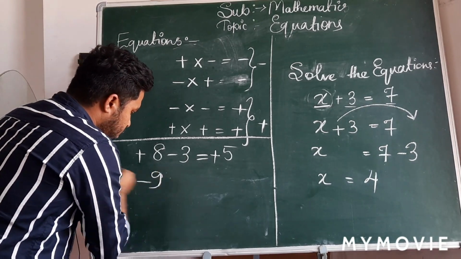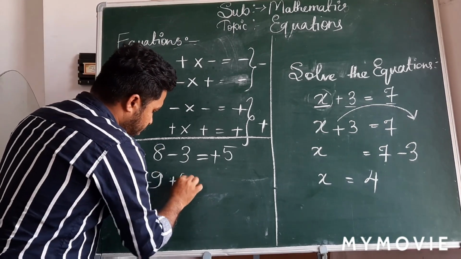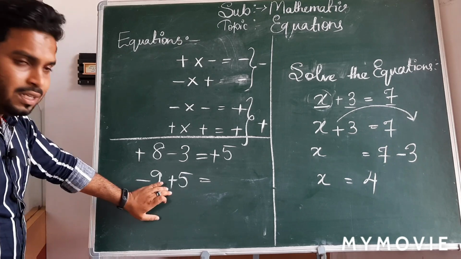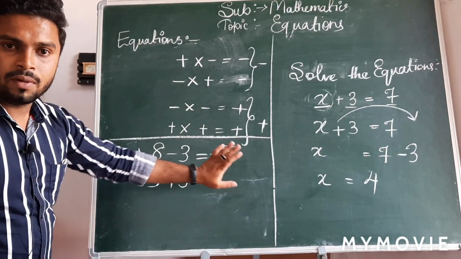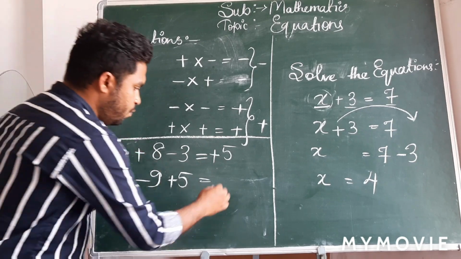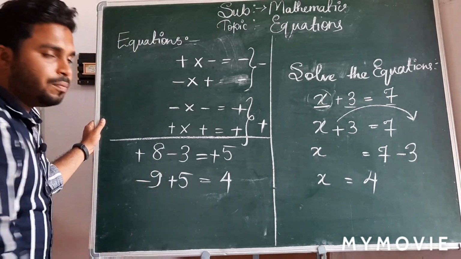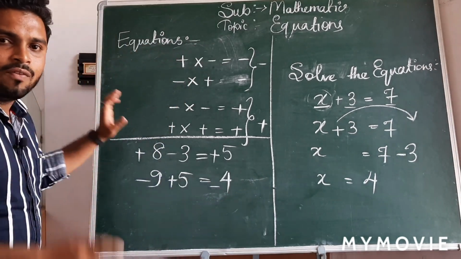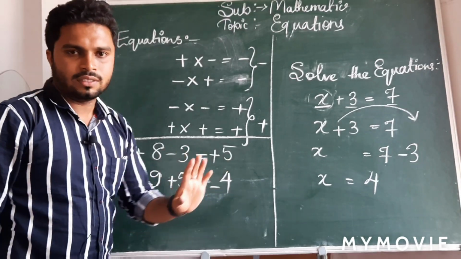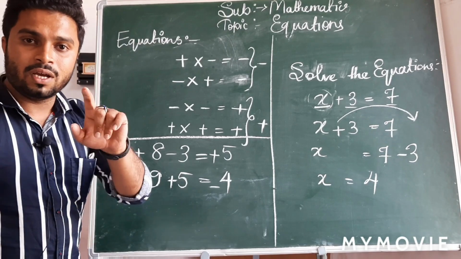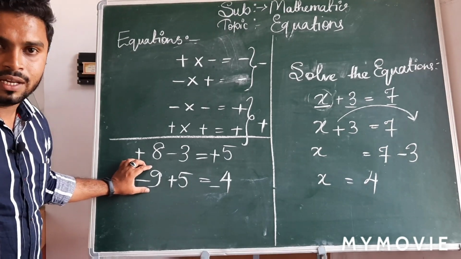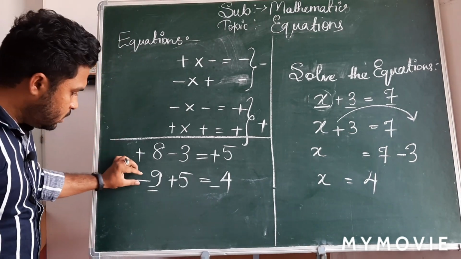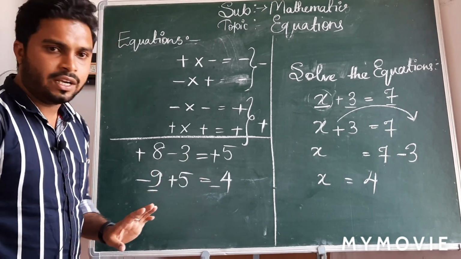Now you take the same thing. You take minus 9 and plus 5. Minus 9 plus 5. So minus into plus is what? Different sign, minus. So 9 minus 5, 4. Which is the bigger number? 9 is the bigger number. What is the sign of this? Minus. You may have a doubt, sir, we have done subtraction here, why have you written minus? Because we write the sign of the bigger number. Which is bigger? 9 is bigger. What is the sign of this? Minus. Hence I have written it as minus.